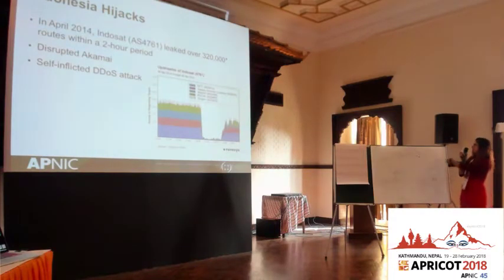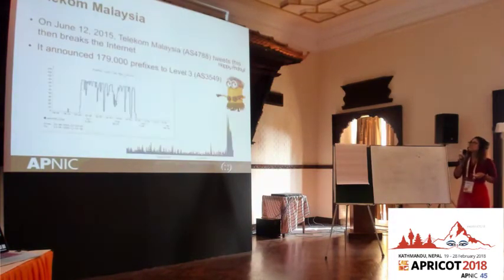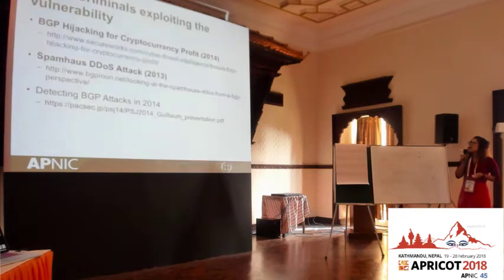And it was, again, similar to what I was saying here, a self-inflicted denial of service attack because they started to get traffic that they were not expecting and they were not prepared to receive. Another case with Telekom Malaysia in 2015, where they tweeted, "Happy Friday," and they thought, week is over, let's go have some fun. And they started announcing a lot of prefixes to Level 3 that they were not supposed to announce. So those examples are mistakes. People trying to set up BGP in some router, and fat finger errors, we call it sometimes. They put the wrong number and everything goes wrong.